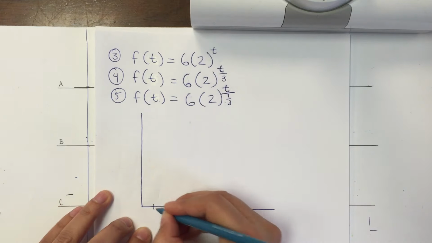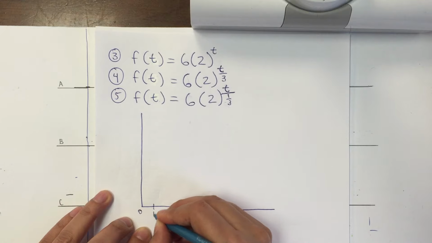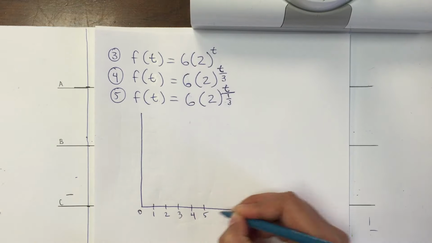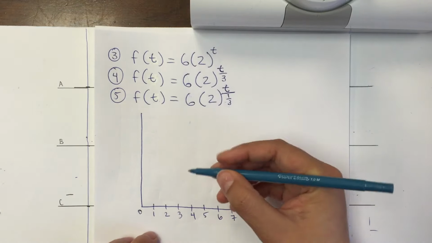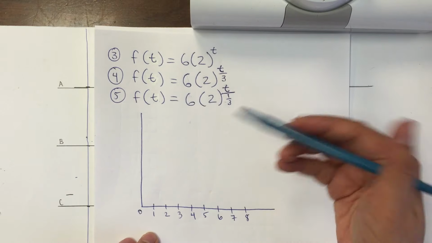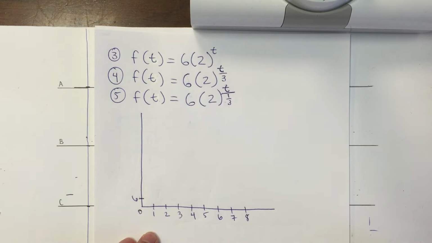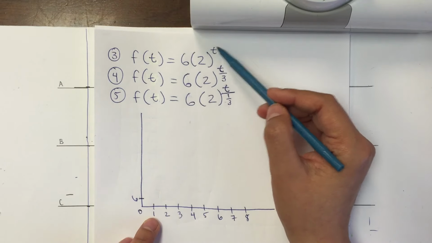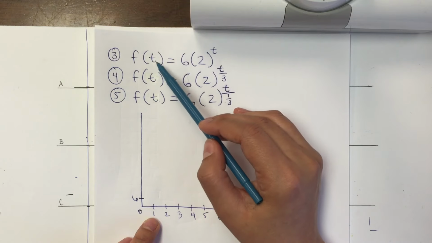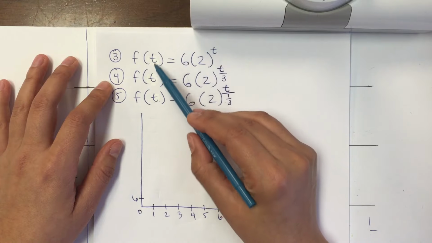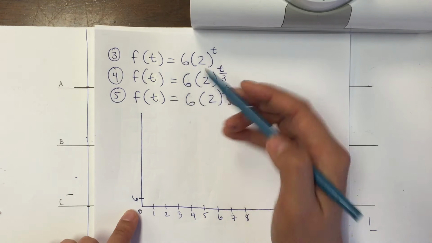I have 0, 1, 2, 3, 4, 5, and 6. And then my initial point is 6. So let's say that I'm going to put my 6 in here. Again, tiny, so that we have plenty of space to see how many points we can draw. And so for the first one, it says f of t. T is just another variable, you can change this variable, but some of them will use t for time. Okay, so f of t, the initial point is 6,